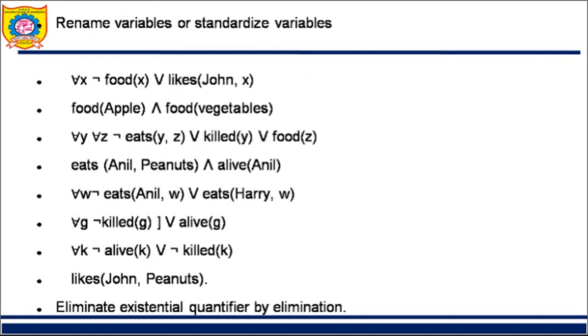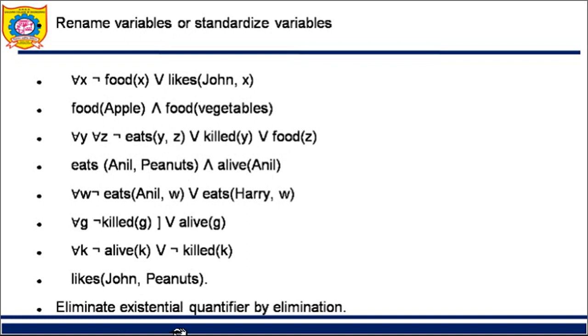Further, after removing negation, what we need to do is rename the variables, or standardize the variables. Because a number of times I have x, in every statement we will use separate variables, since anyway we have to go for unification. Here I have x, I'll keep x. Further, in this statement again I had x, so in place of that we are using y and z, and accordingly substituting. Here x we had, so in place of that we are using w. You can use any number of variables. Use a separate variable for each statement.